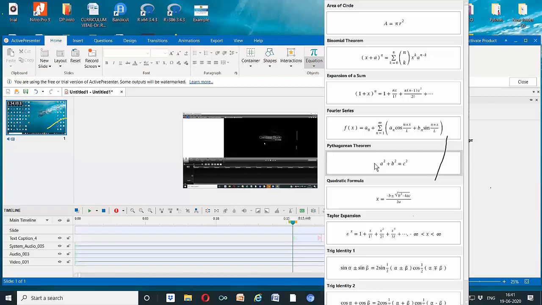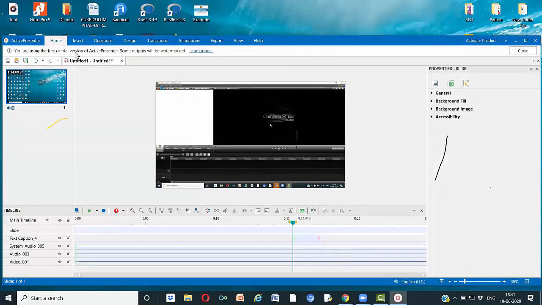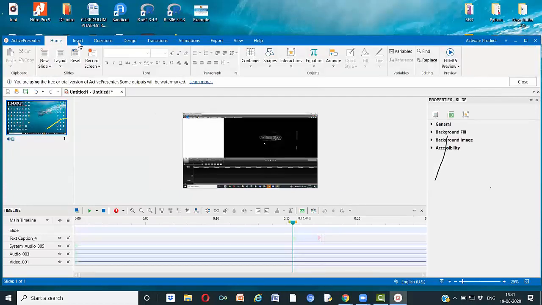Let us say you forgot to write an equation in your PPT, and while editing you remembered, you can do it here itself. So, very beautiful software. Now you can arrange them. There are many things, and you can produce an HTML file at last. It can be played in a web page also.